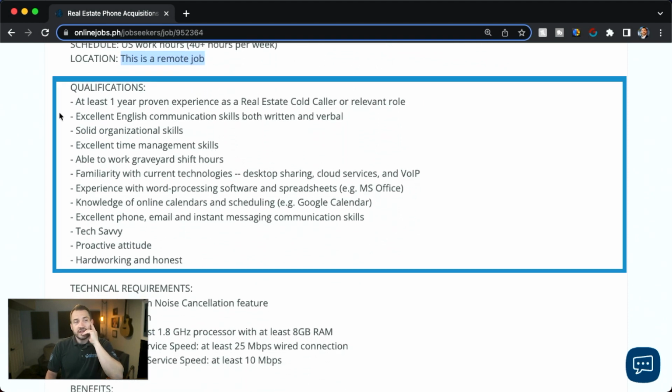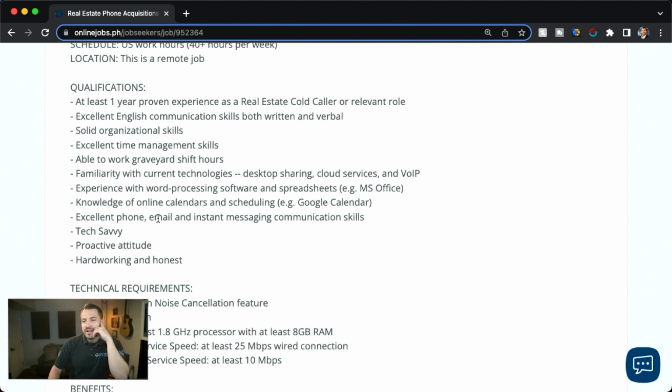So qualifications for us, this is important to note that they need to have at least 1 year of proven real estate experience as a cold caller, and they need to have excellent English communication skills. The main point here is that we're defining and setting the terms. This is part of setting expectations. This is what we expect of somebody that we're going to be speaking with. And of course, we don't always get that, and hence the vetting process that we're going to be going through and sharing with you in this whole course in the series.